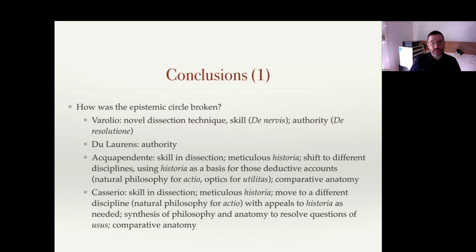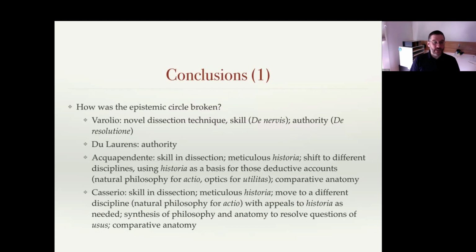One is in the skill of dissection and comparative anatomy. Meticulous historia, really good judgment of all the sensible properties. Shift to different disciplines using historia as a basis for these deductive accounts. So you use natural philosophy for the actio, optics for the utilitas section. And then also, again, relying on comparative anatomy, so you can get a more philosophical, natural philosophical sort of grounding